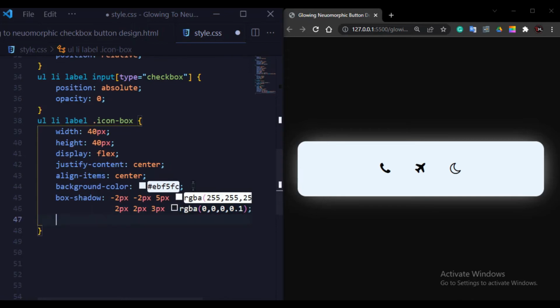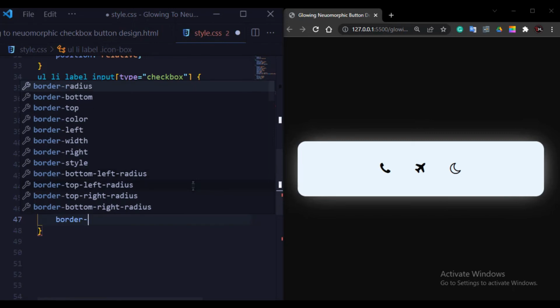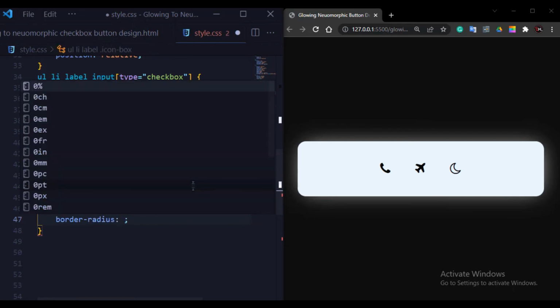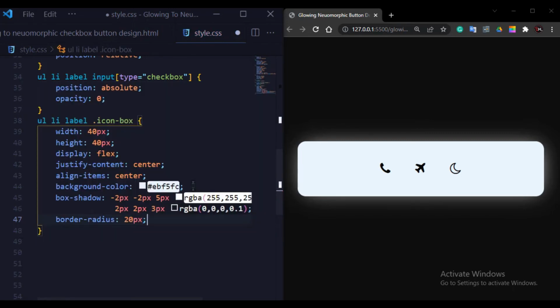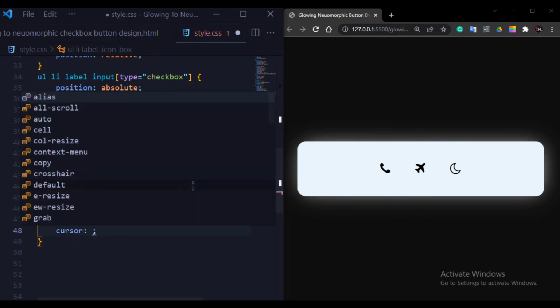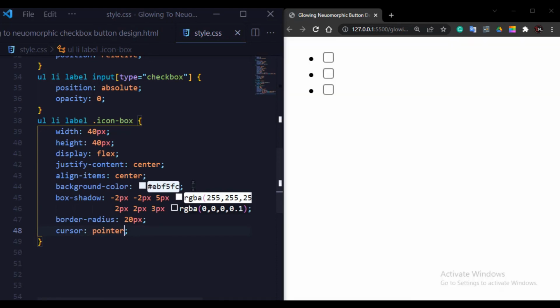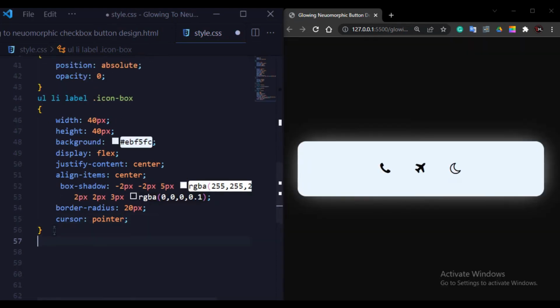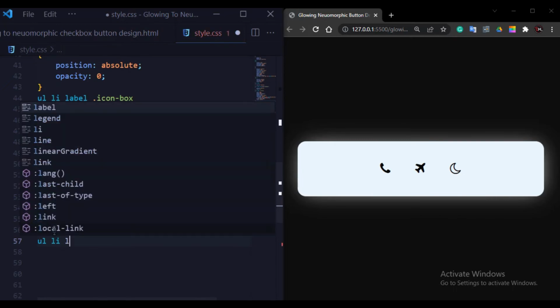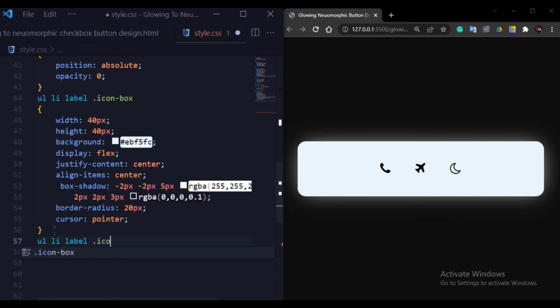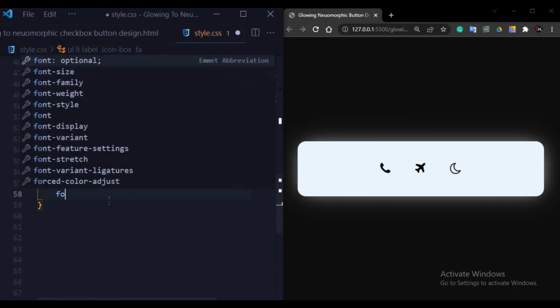Here I will change the border radius to 20 pixel, and cursor pointer, and now here I will write ul li label .icon-box .fa. Give some CSS for our icons to change the font size.